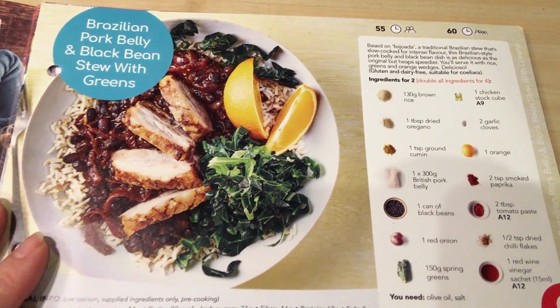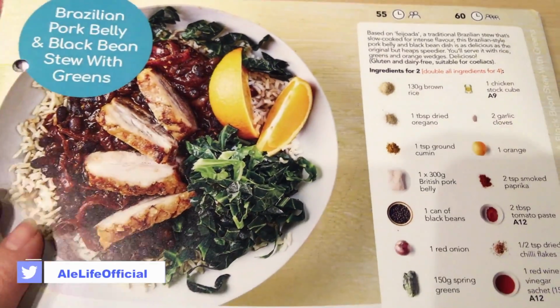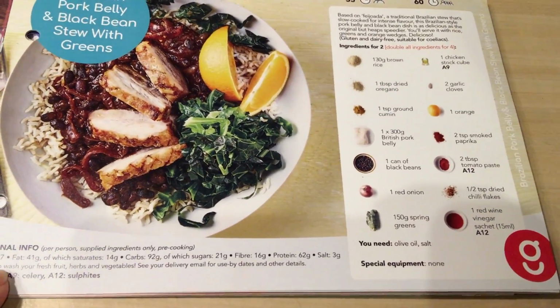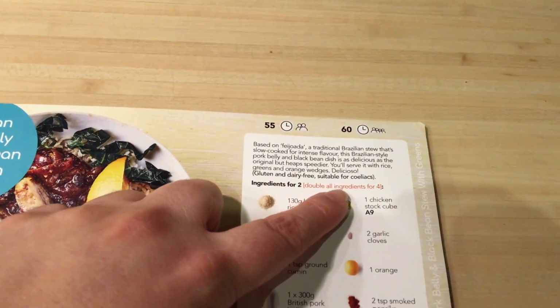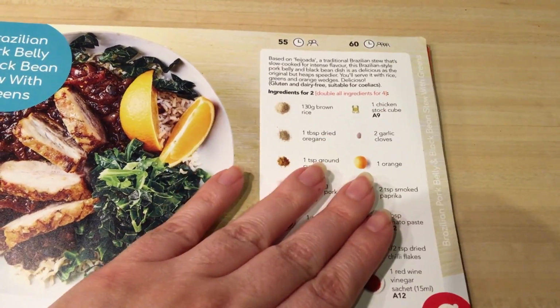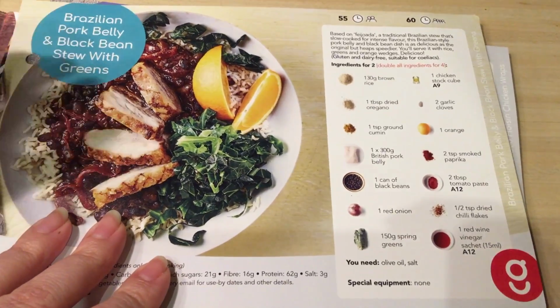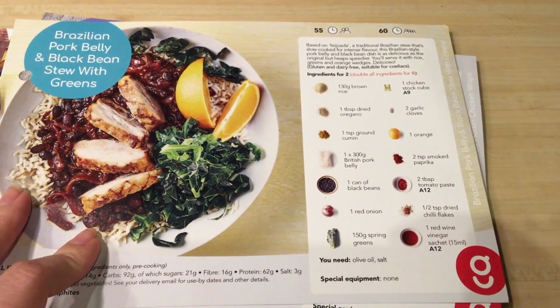And today with this Brazilian pork belly, we're going to make this recipe for 4 people. So normally the ingredients and the recipe on the Gousto Box come for 2 people, so you just need to double up the ingredients inside. And all of these ingredients are inside of the box, and here's the little hand of Richie. And for this recipe you will need,